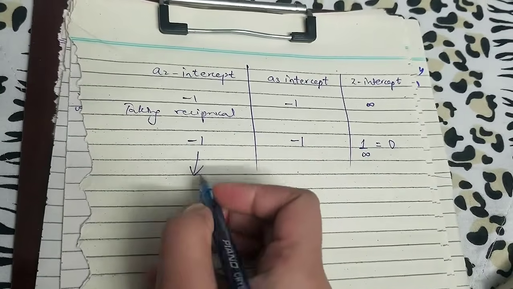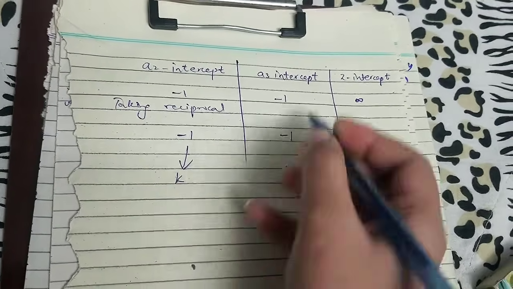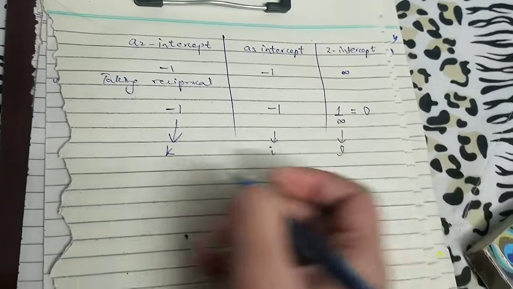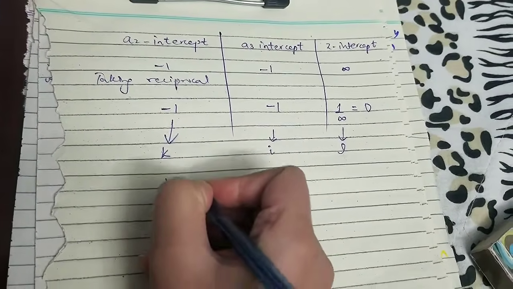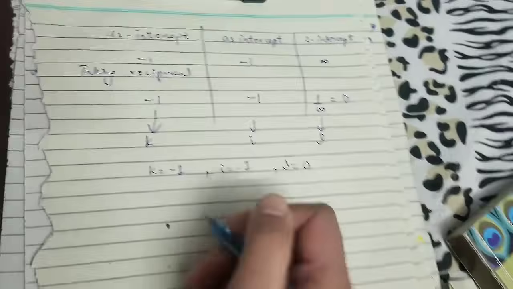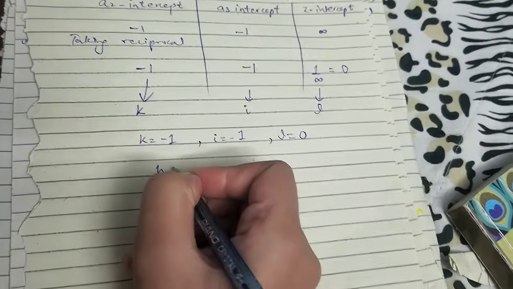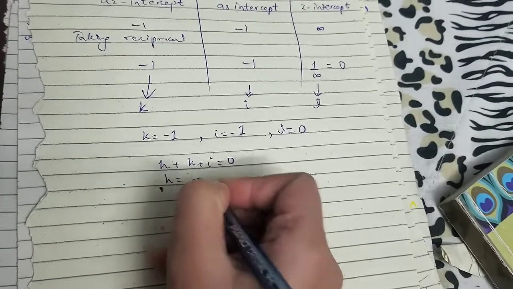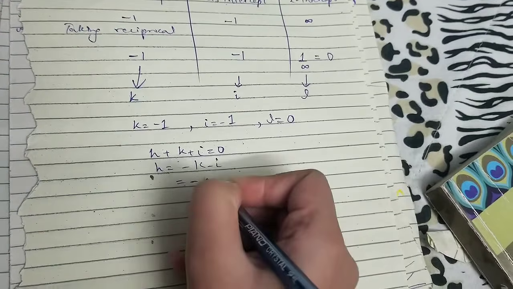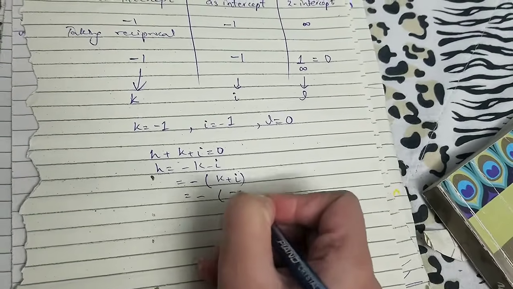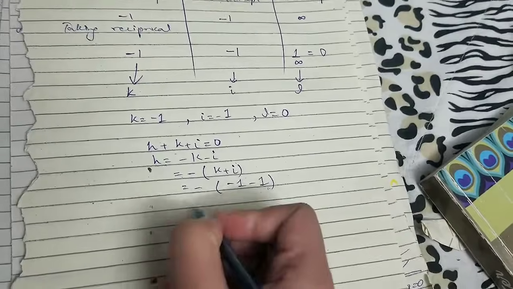A2 intercept will give us k index, a3 gives I index, and z gives L index. Okay, so k equals -1, I equals -1, L equals 0. Now we want to find out h when we already know k and I. So h will be equal to -k minus I. If we take minus as a common quantity, and put in the values here, we get